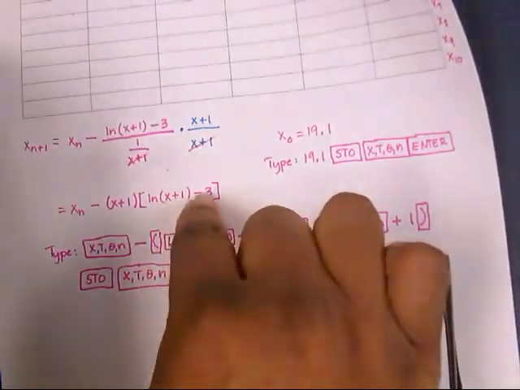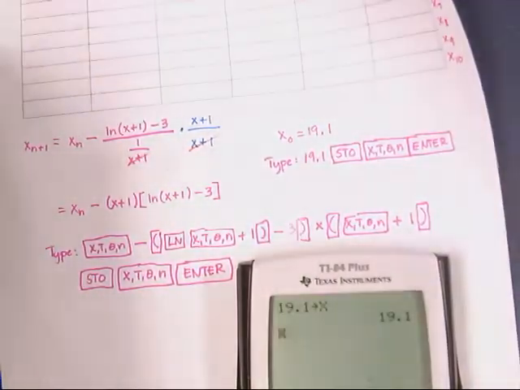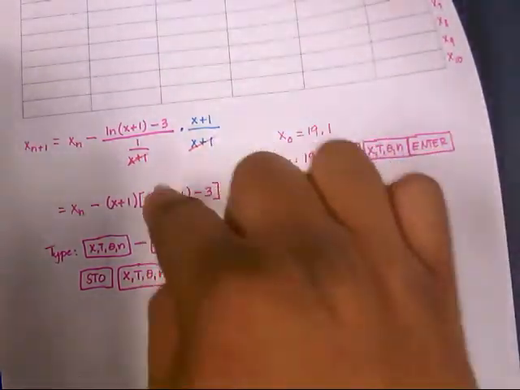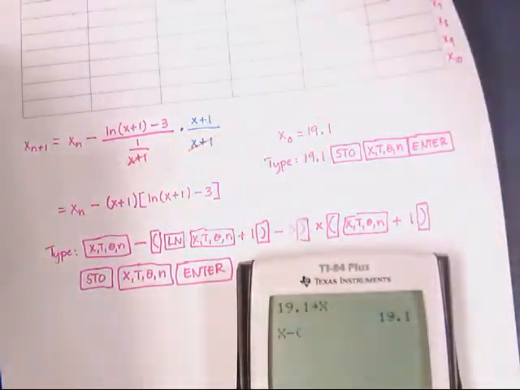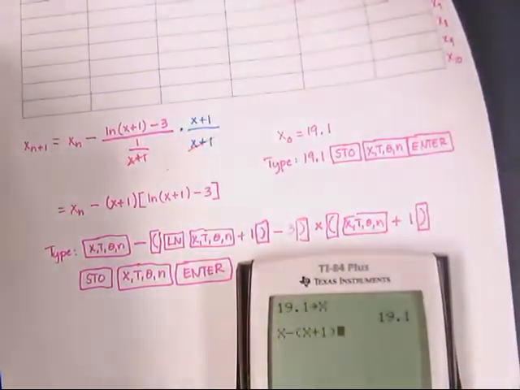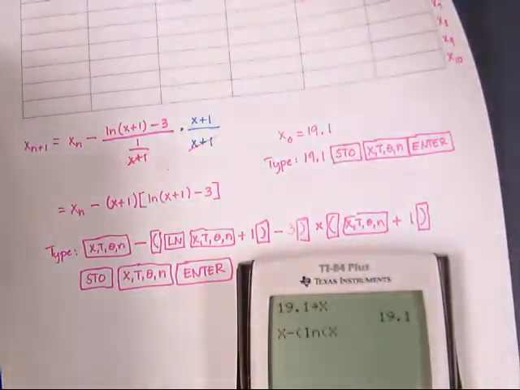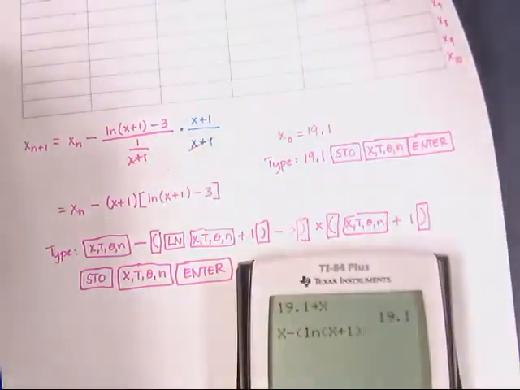For this part right here where I got ln of x plus 1 minus 3, I type this in first. That's the x from the X,T,theta,n, minus, and then left parentheses, X,T,theta,n for the x, plus 1, close the parentheses. Oh, I forgot something. Let me start over. And then x, now minus, left parentheses, ln, press the ln key. It gives you the left parentheses, so X,T,theta,n plus 1, close the parentheses, and then minus 3, and then close your